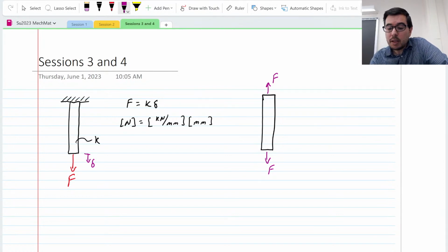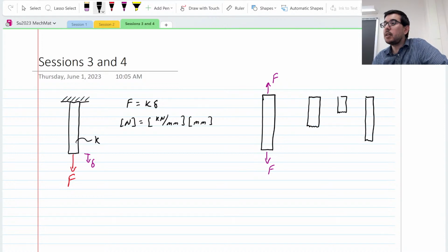This is the key thing, though, that I would like you to remember: when you break this member at some location, it could be here, it could be here, it could be here, wherever you decide to take that break, if there are no other loads externally being applied to the system,